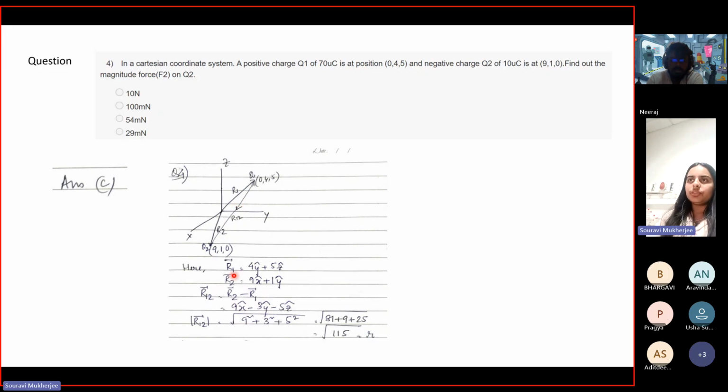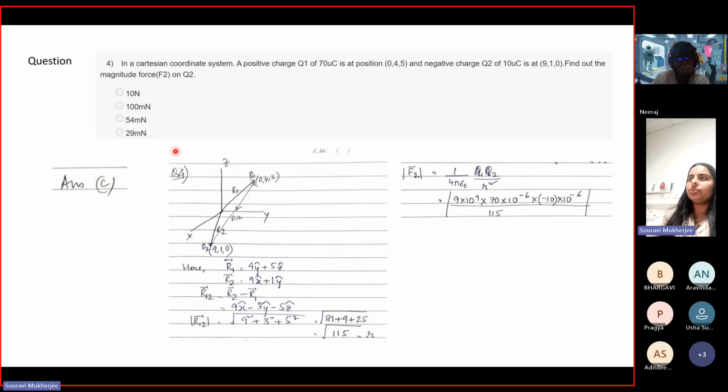So now you know the two vectors, so you can find the separation vector between the two, do a subtraction. Okay, that gives you the vector, or the direction of the vector, along which the force is acting, and you can find the magnitude of that. Okay. So now you have to find the magnitude of the force. So you can directly use Coulomb's law, which is nothing but 1 by 4 pi epsilon 0 Q1 Q2 by R square. Okay, put in the values, and that gives you the net force.